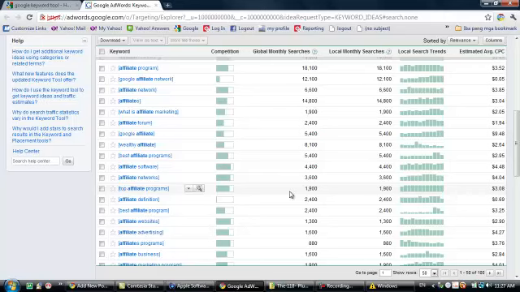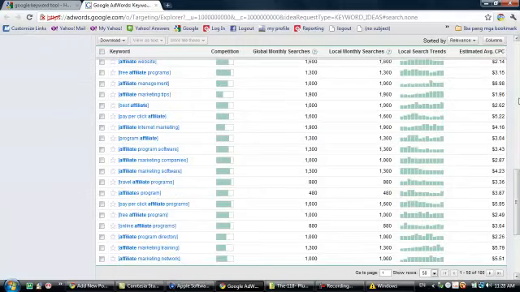But if you are evaluating based on estimated average cost per click, this is an expensive keyword. Then we have here affiliate definition, and it has a high number of searches but low competition. Look, it's cheaper. So that's how you use this Google AdWords tool.